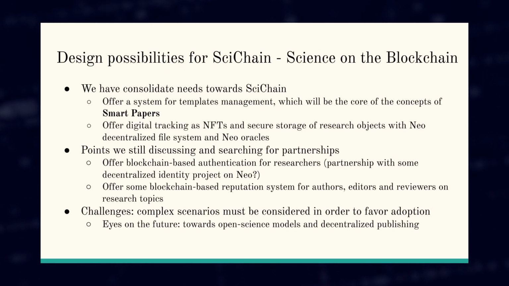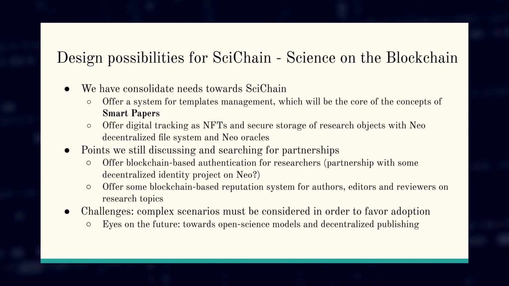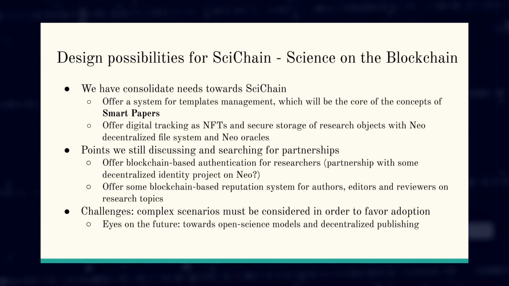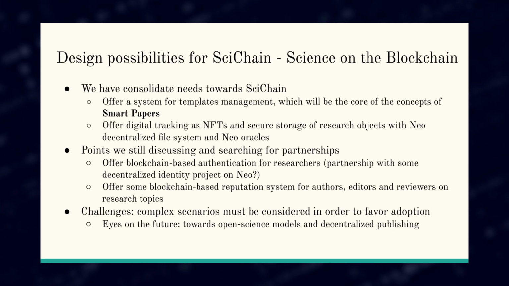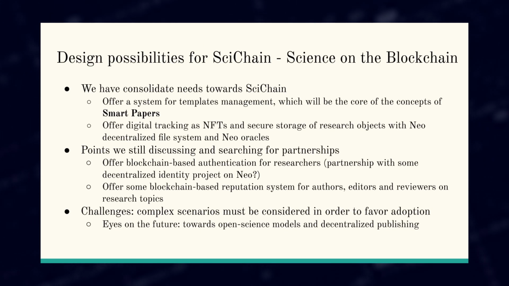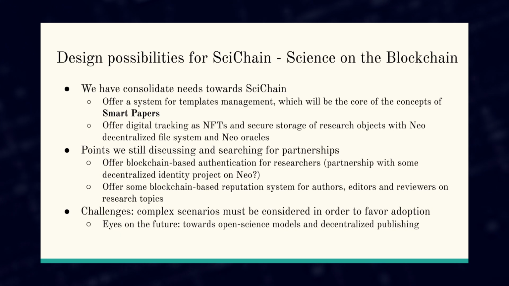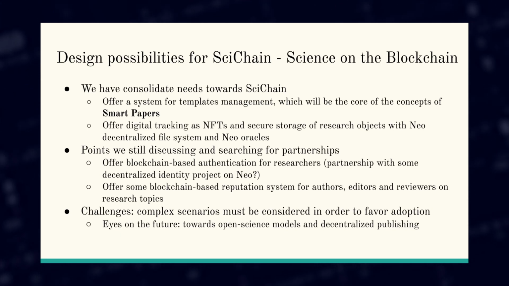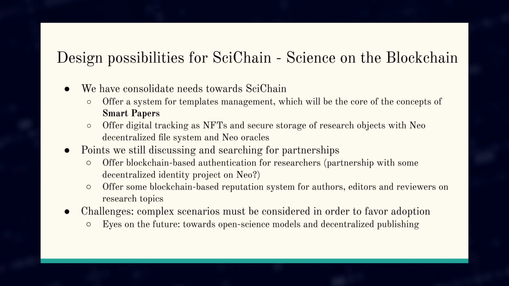If we need a partnership with some decentralized identity project on Neo, which is also related to the reputation system that we plan to have some basic concepts there. But maybe it will not be quickly needed, since we're going to evolve now on the concept of smart papers